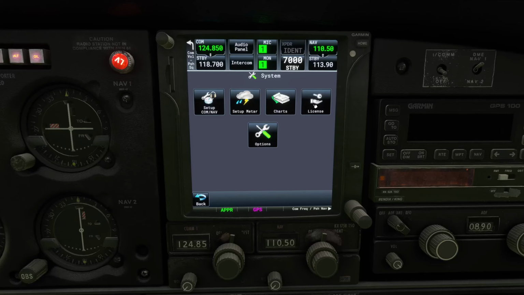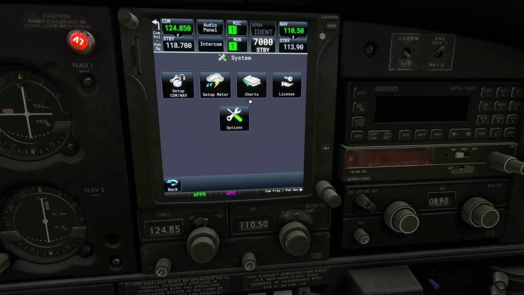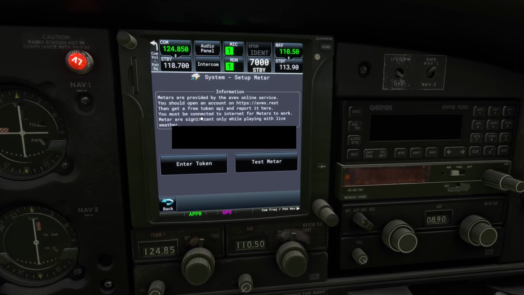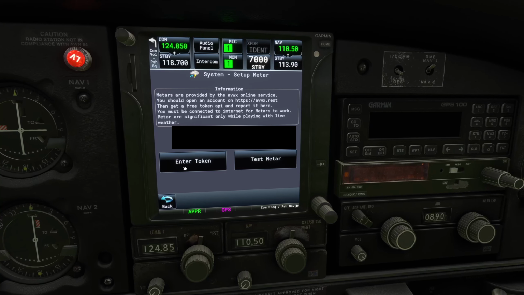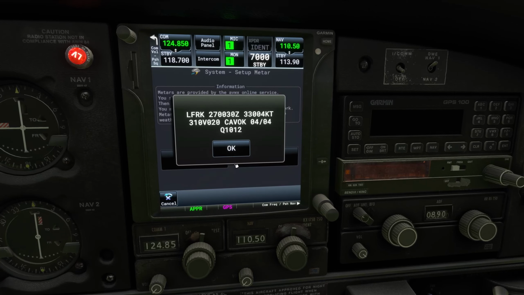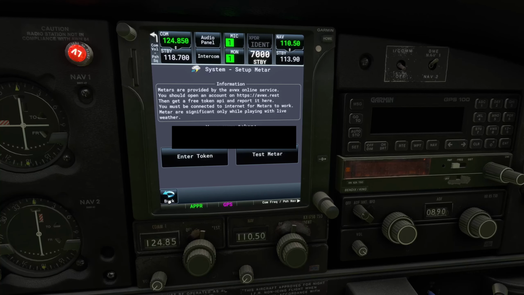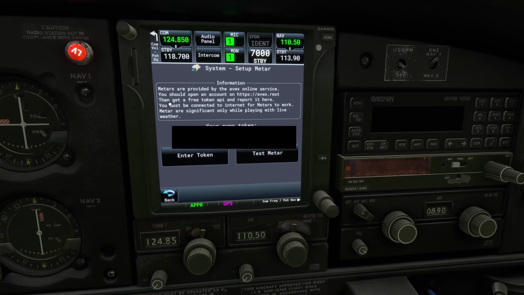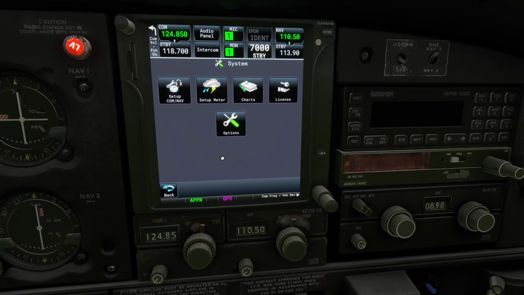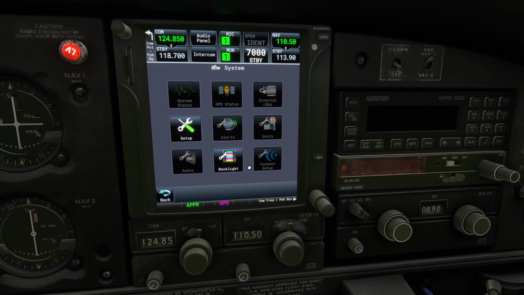Okay. And once you have the premium version, you have different settings that you can do. One is like the METAR. You have a token to actually get weather information through here. You'll need to subscribe to a certain AVWX online service. You need to register there. See, there's an instruction here. More detailed instructions are in the document that I'll link. But then once you've done that, once you've entered that very long license ID,